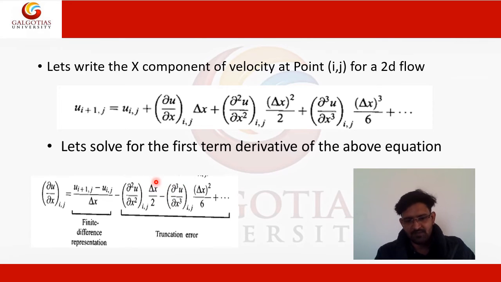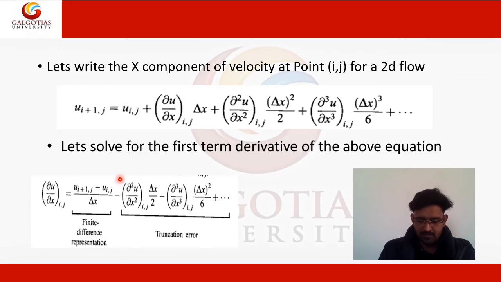What is this written? f(x+h, y) minus f(x, y) upon delta h. So this is the fundamental calculus first principle, and we can represent it by the finite difference representation. And what are these terms? Del u by del x 2, del x by 2, this is your truncation error. So when we have a partial differential equation, for every del u by del x, I can replace it with this minus some error term. Okay, so the focus is overall to minimize this error.